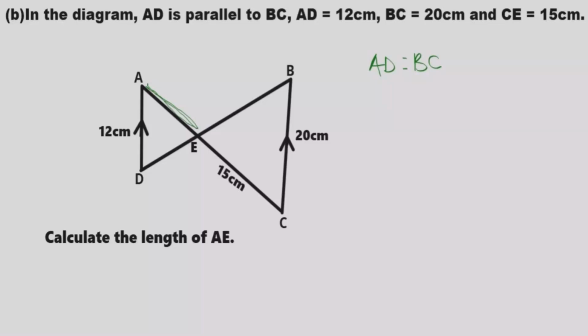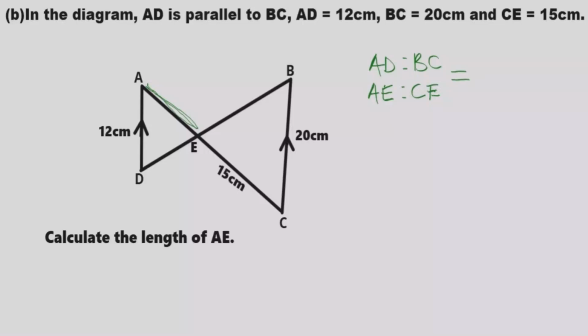Then the other corresponding sides, so we can have the other corresponding sides, that is AE to CE. Okay, so again, these are 2 corresponding sides. Now remember, we want to find AE, so we have identified the corresponding side of AE, which is CE. Okay, now once we have done this, the next thing we need to do is we